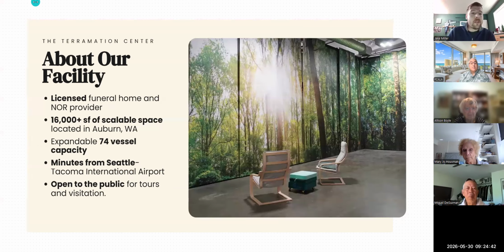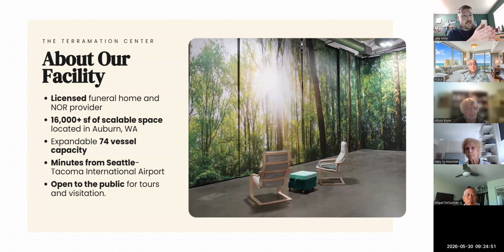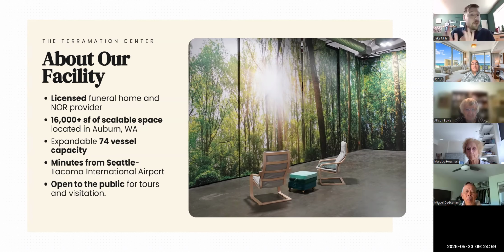Currently, our facility is about 16,000 square feet, and we have 74 of our primary vessels for that first phase, that first 4 to 8 weeks, as well as 74 of our secondary vessels for the curing stage. So all in all, we do have 148 vessels, meaning we can actively serve 148 families at one given time. One of the benefits of being as close as we are to SeaTac, Seattle-Tacoma International Airport, is that for all of our families, if they're being flown to Washington, we're about 20, 25 minutes away from that airport, so we're able to go pick that person up from the airport and bring them down to Return Home.